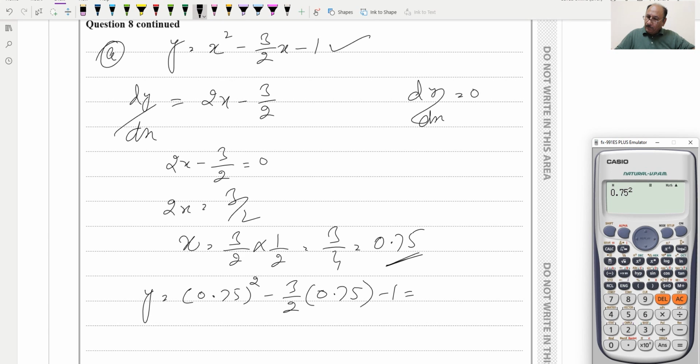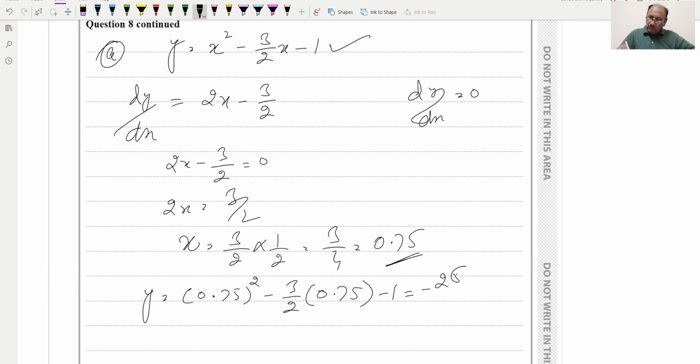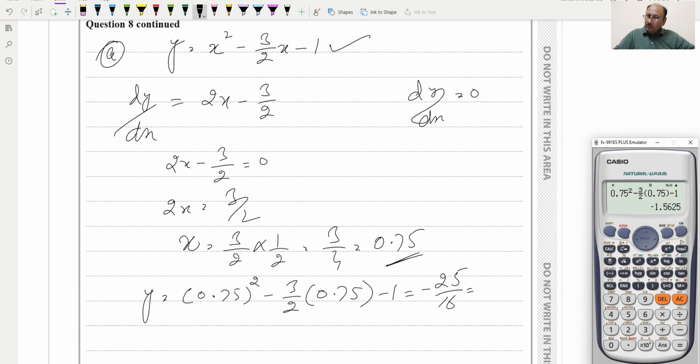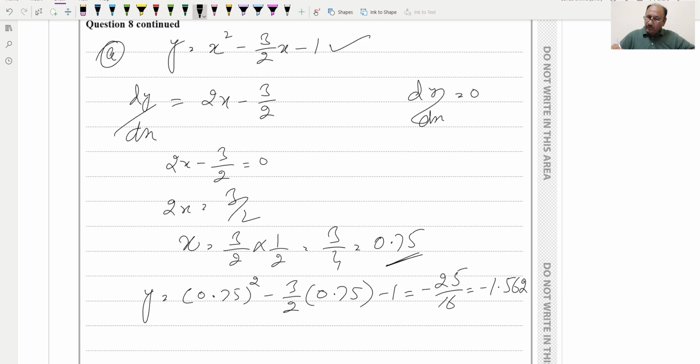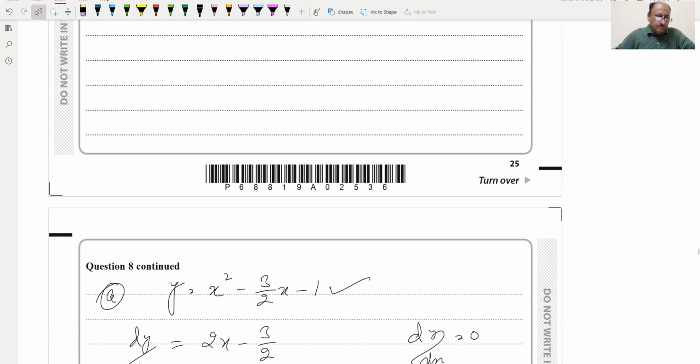which is 0.75 squared minus 3 over 2 multiplied by 0.75 minus 1, equal to minus 25 over 16. The decimal value will be minus 1.5625, or we can provide up to two decimal places like this one. Now B part